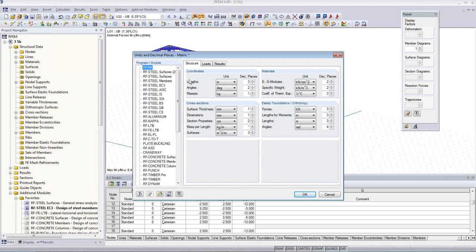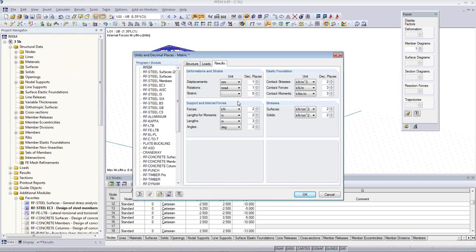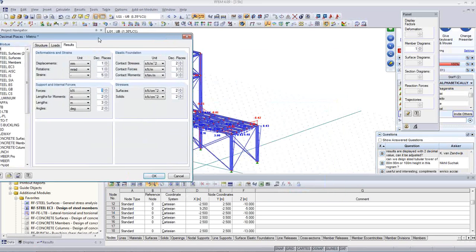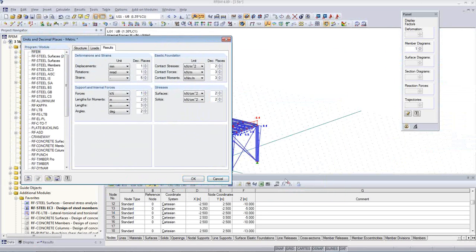find the results, and in the results you can see, for example, member, support and internal forces, and we switch it to 1, and then if I apply the change, it should change automatically to just 1 digit after the comma. So here you can also change the unit in general for each module, for each result type, and once you are done, you can